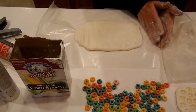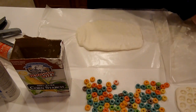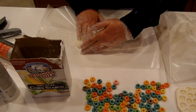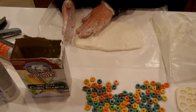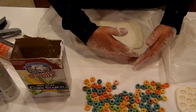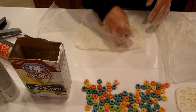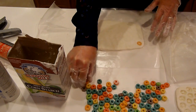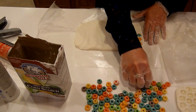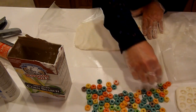And don't make it too thin either. You want to have enough thickness so that you can get your whatever you want in there. I would say about like a 1/2 inch or so. And then you just get to pushing these in. And basically put them all in,